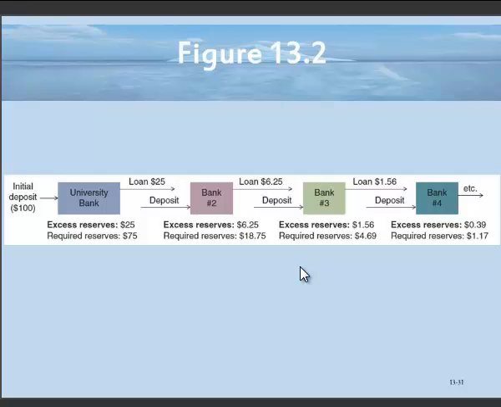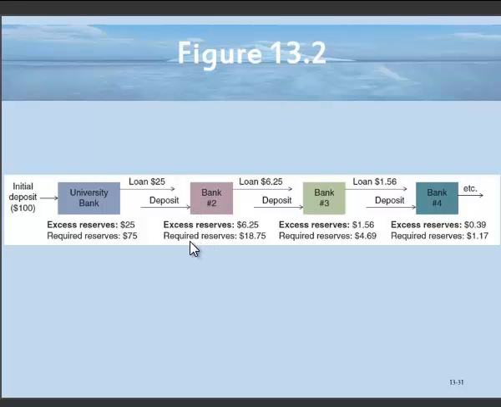So what it means when you have a required reserve of 75%, it means you have to keep 75% of the demand deposit on hold in the form of a required reserve. So on the initial deposit of $100 over here, the $75 is required. That frees up the difference between 75 and 100, which is $25, and so that excess reserve is what can be lent out. So the first loan of $25 comes over here to this bank,